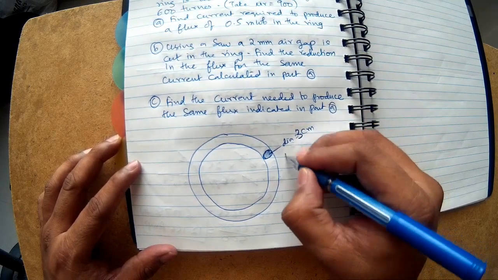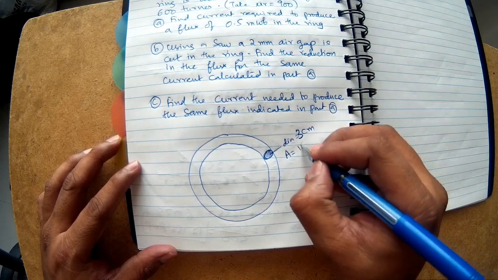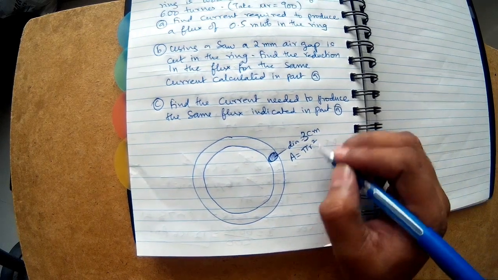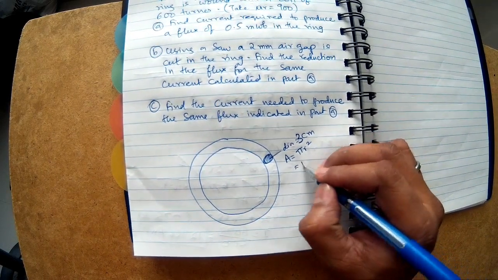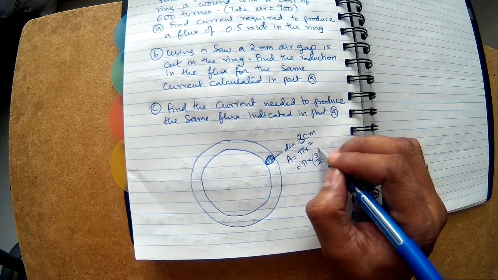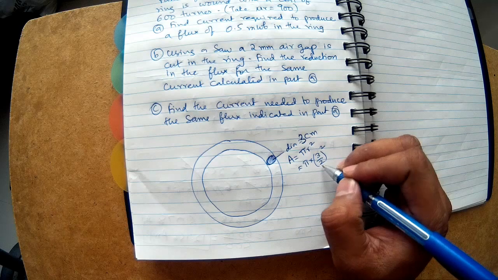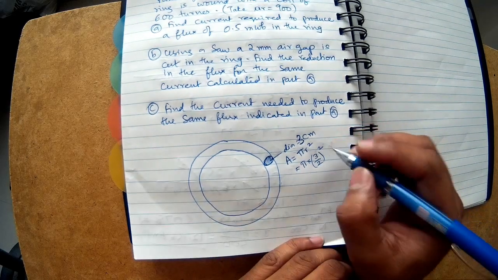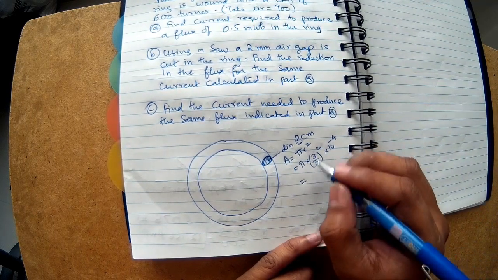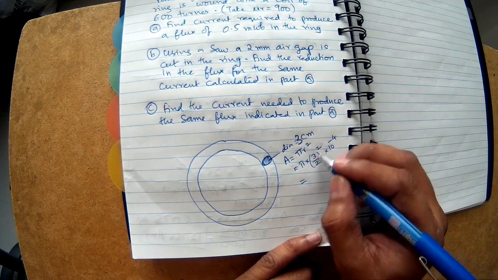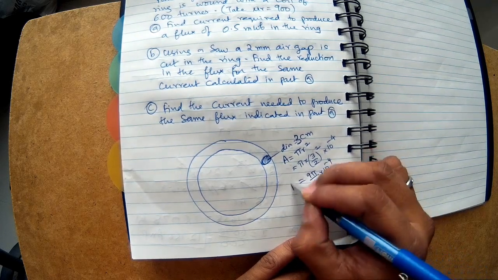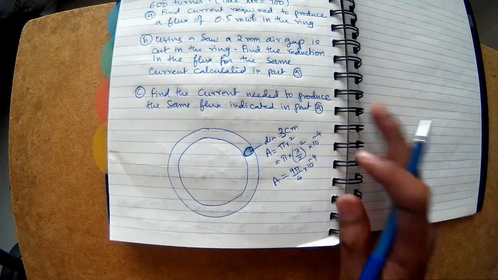Circular cross section. So let's calculate the area. Area is pi r square, and the radius is given. That is nothing but pi into 3 by 2 square, because 3 centimeters is the diameter, so 3 by 2 is the radius. And this is in centimeter square, so 10 power minus 4 meter square. So 3 square is 9, so pi by 4 into 10 power minus 4 is my cross section area. Okay, that's one data.